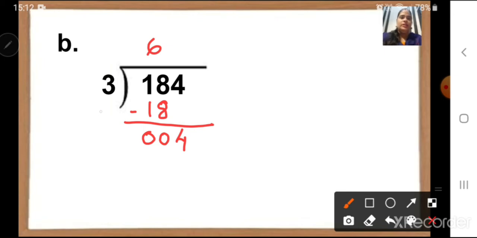Okay. Now children, 3 ones are 3 and 3 twos are 6. So number 6 we cannot write here. Correct? Because it is a bigger one. So we have to take 3 ones are 3. So 3 ones are 3 will come. Okay. Put minus here and subtract. Now 4 minus 3 is 1. Right children? Now here, do we have any other number that will come down? No. Correct? So number 1 is our remainder and our answer is 61.